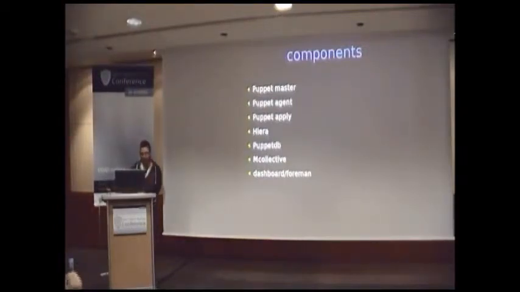And again, just like with bacula, you have some interfaces. You have mostly web interfaces. The Puppet dashboard, which is a part of the Puppet Enterprise package. And you have Foreman, which is being developed by Red Hat. And is aiming to be more of a complete machine lifecycle application, which allows you to not only provision hosts, but then manage them using Puppet and check out reports about these hosts, see what kind of specs they have,